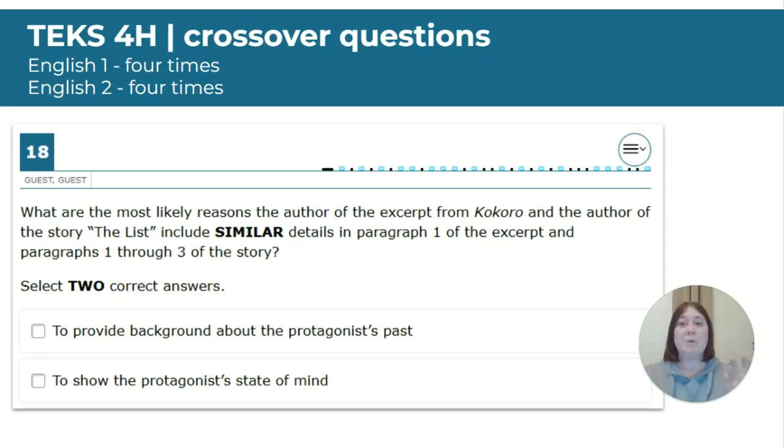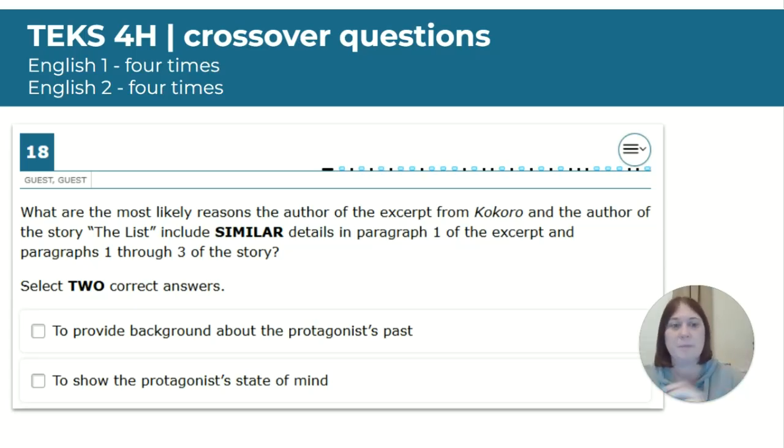And so TEA puts the full title of both of those texts in the question, which again can be a little overwhelming for some of our students. So I do think it's important that we practice these throughout the years so that students become familiar with these questions. Students will also know this is a crossover question because it always has similar, same, both, differ, different, in